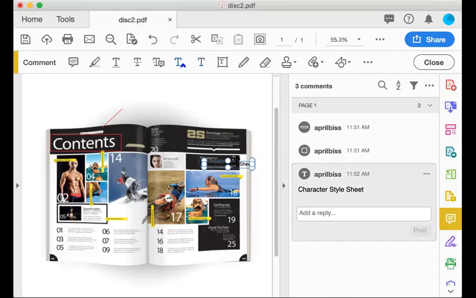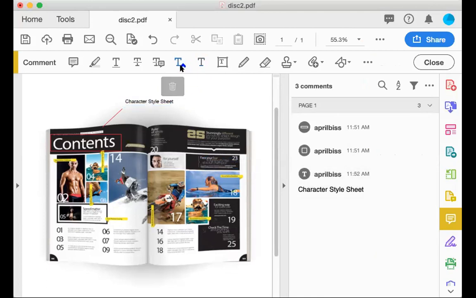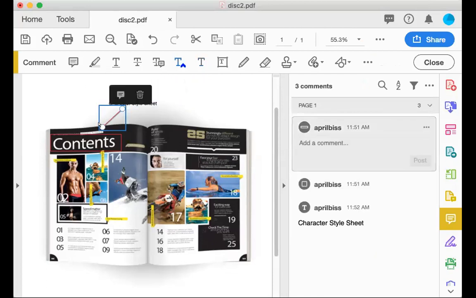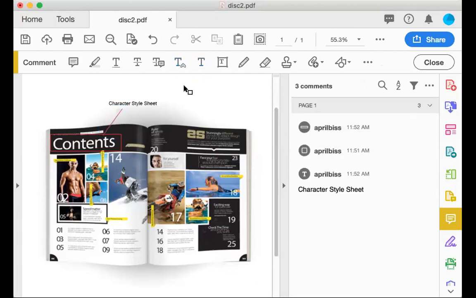There we go. So I just touched the little T with the little arrow, and that's how you can move this around. So you could do something like that where you're showing exactly what shows the character style sheet here.